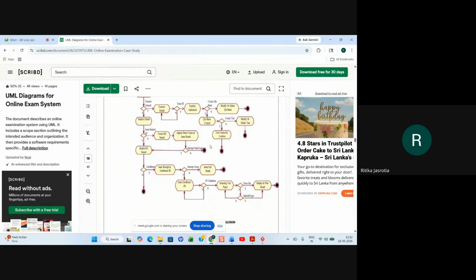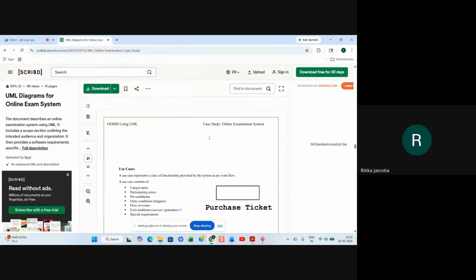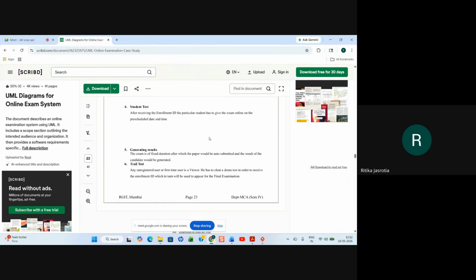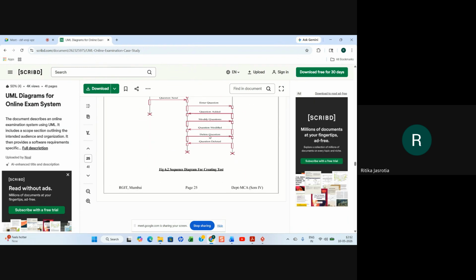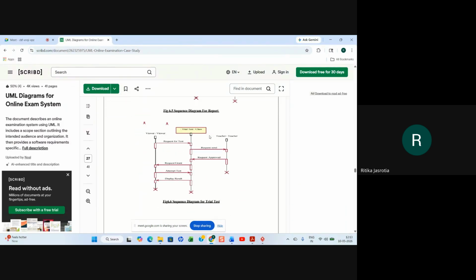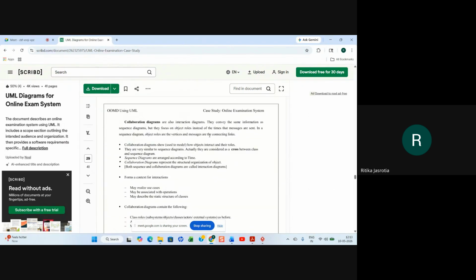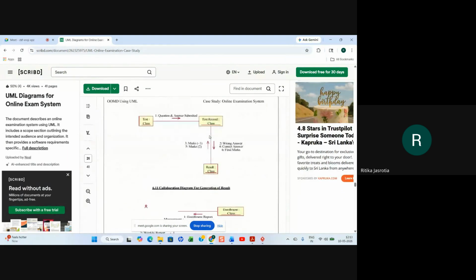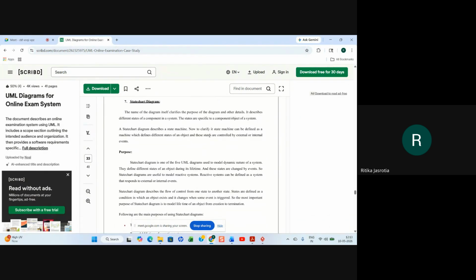This is one of the examples of an online examination system. I don't know whether they have drawn the state chart diagram, but this is the use case, sequence, multiple sequence diagrams they have drawn for each activity. This is collaboration. Again, multiple collaboration diagrams they have drawn. This is the state chart diagram.